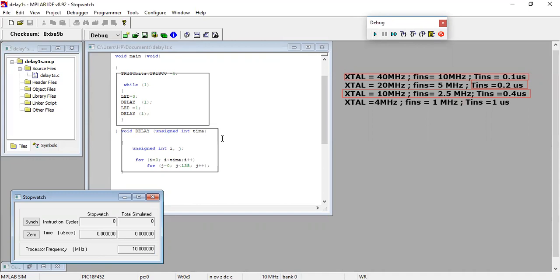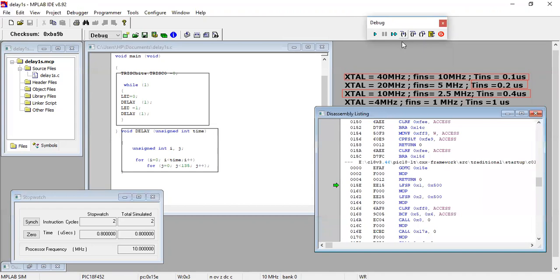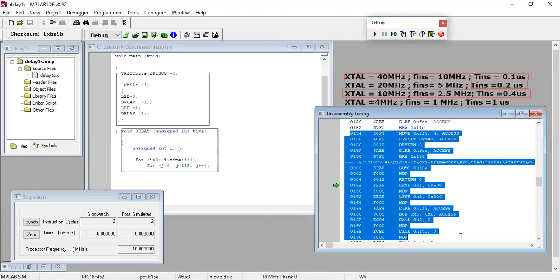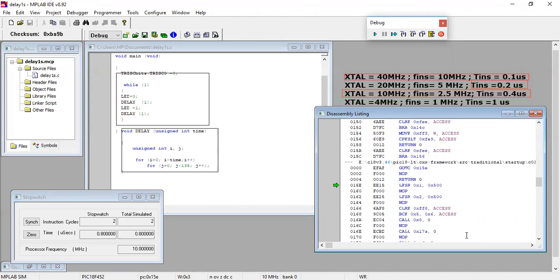You know that this code is right now in C language, but when the compiler performs compiling, it will translate it into equivalent assembly language. Let's see how it looks. If I click on step into, it will run this code line by line of assembly code, right? If I press it, you see the assembly listing. This is the equivalent code in assembly language written against the C code.